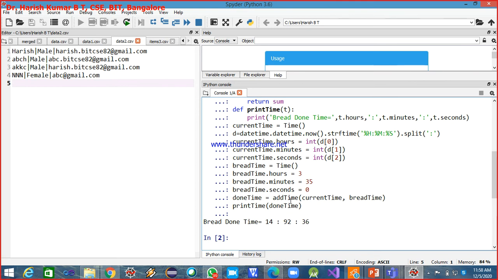There is an issue in this program, and that is what we are going to discuss by using the pure functions and the modifier functions. 92, because when it exceeds 60, we should have the hours incremented by 1. Hope people understood what I'm saying. So this is the output that we got.